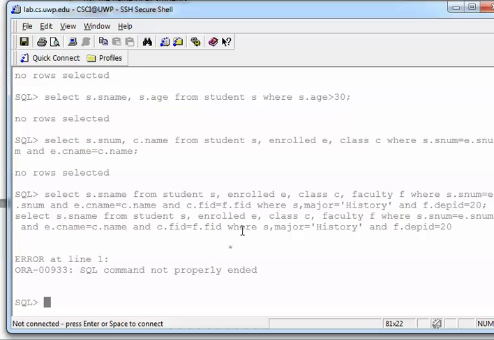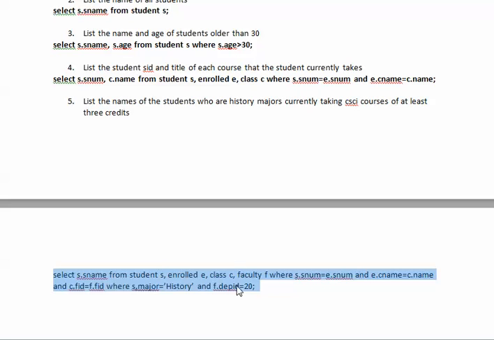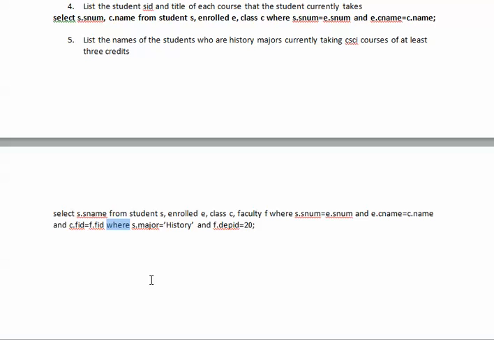Okay, I see that I have a typo on S.major, so let's go back over here. So here I put a comma over here, so this is a dot. Okay, so I will connect this again. And again, this we couldn't match from what we were doing in algebra because we don't have all that information. I need to connect again. So I will pause while I'm connecting. Okay, I have a typo. I put where twice. So let's take that word away. It should be AND. Then dept, we need